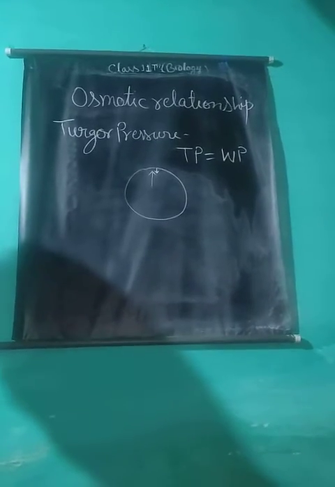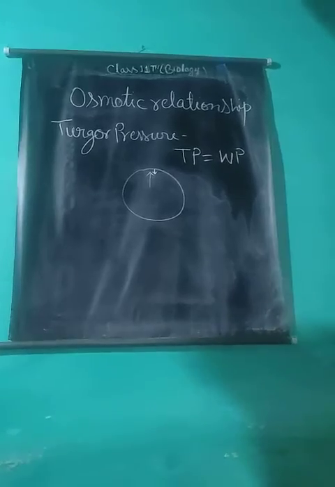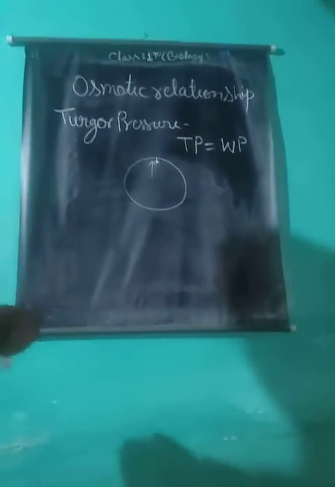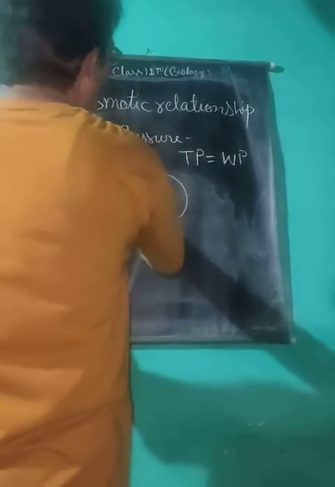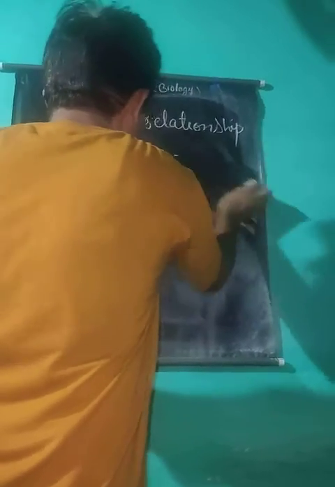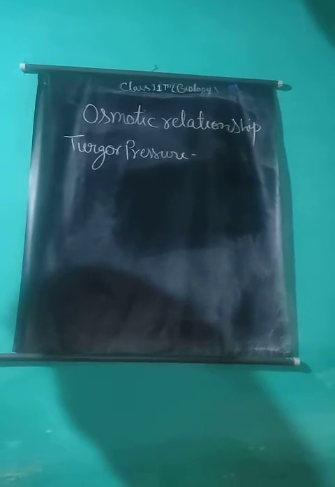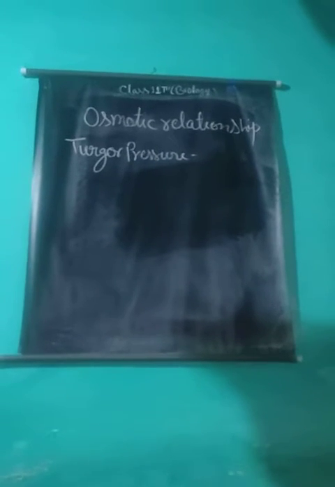Importance of turgor pressure. Turgidity is an essential condition for growth. Cell division takes place when the cells are fully turgid, or they contain a sufficient amount of cytoplasm. Many types of movements are brought about by altered conditions of turgidity, for example, nutation movements, opening and closing of stomata. When the stomata are fully turgid, they open, and when they are flaccid, they close.